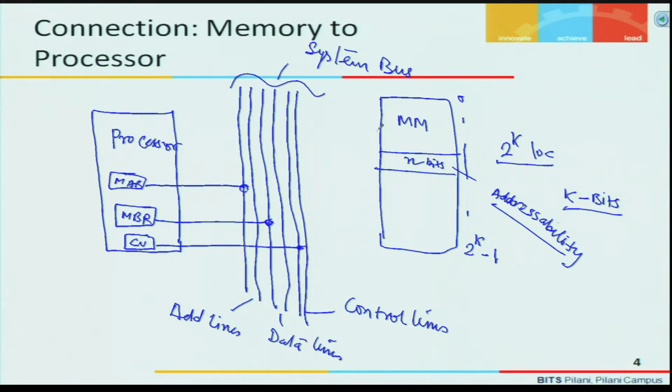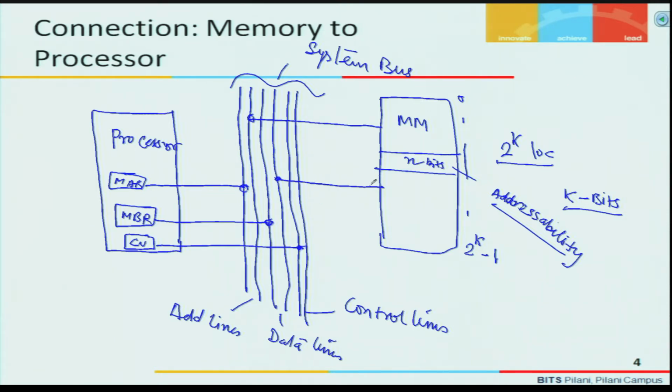Now, memory is also connected. Memory reads the address through the connection of address lines, and it should also be connected to the data bus as well, because whatever address is provided, for example in a read operation,